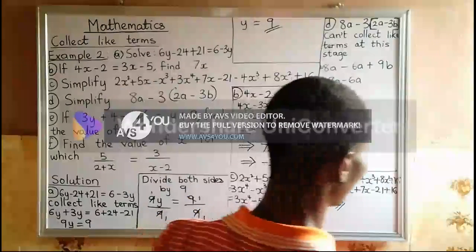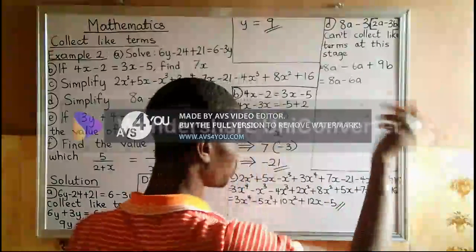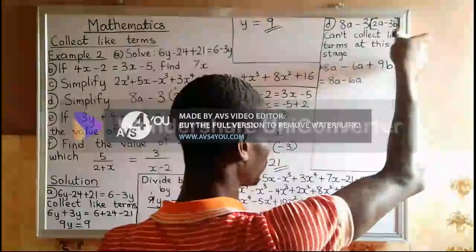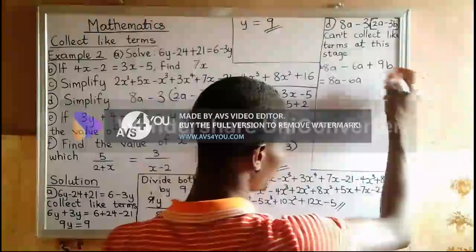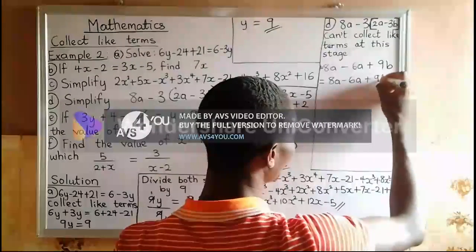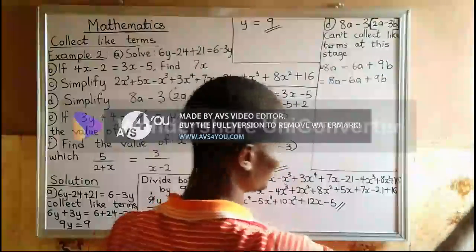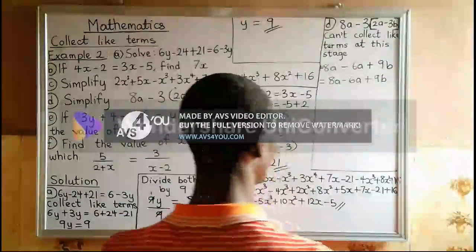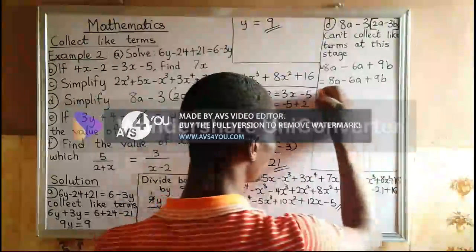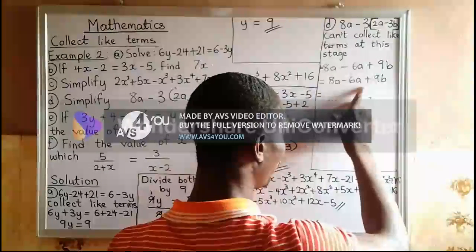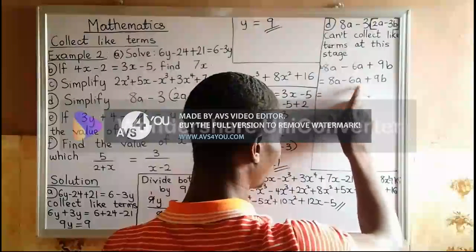There is no equals to sign here, so it's not an equation. So you just proceed. So the only remaining term here is plus 9b. So you just write it plus 9b. Okay? The terms are already collected, so it's just like repeating the expression again. So let's proceed. So 8a minus 6a, a and a, naira and naira, dollars and dollars, oranges and oranges, mangoes